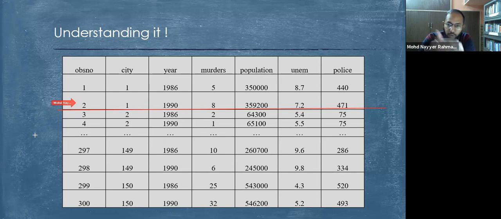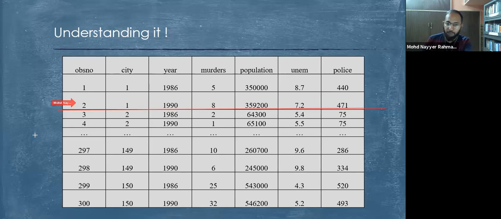But if you go beyond that, the same pattern of pooled cross-section is repeated again and again with more sample units. So we have city 1 with this, then we have city 2, and similarly we have 150 cities on which this pooled cross-sectional data has been repeated. So what we conclude is that when pooled cross-section data is repeated on other sampling units, it becomes panel data.